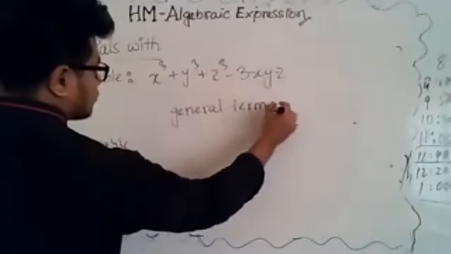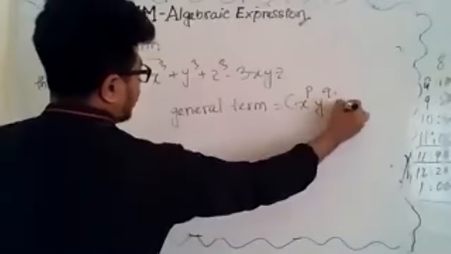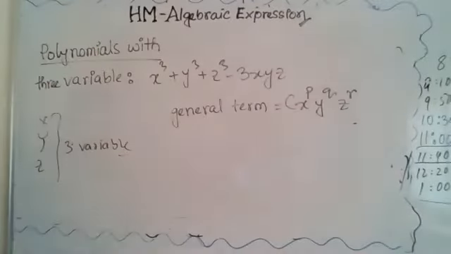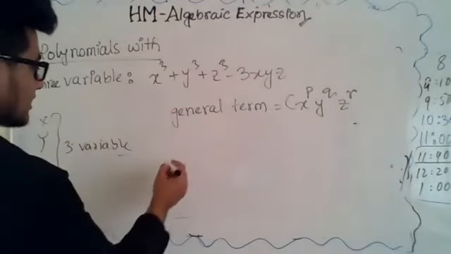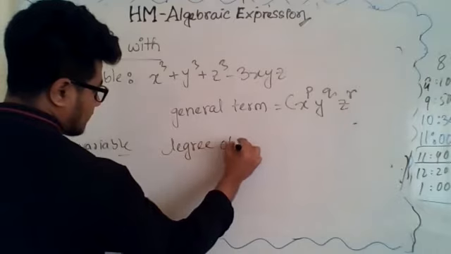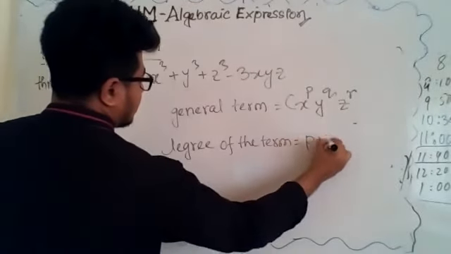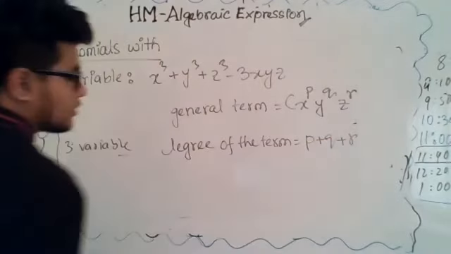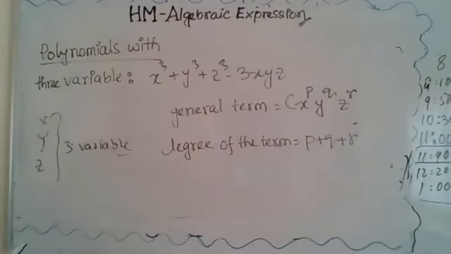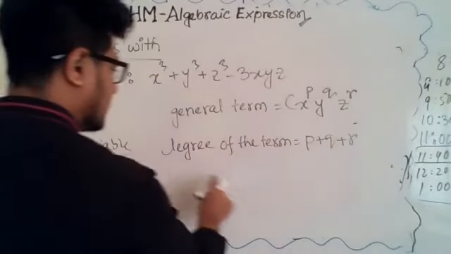here is going to be c x to the power p, y to the power q, and z to the power r. Okay? And from here you can guess the degree of the polynomial. Sorry, degree of the term. Degree of the term is equal to p plus q plus r. We are always considering the power of the variables. So the power of the variable p, q, r, we will add them and it will give you the degree